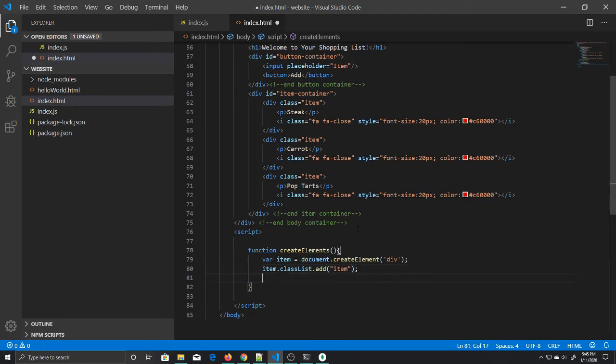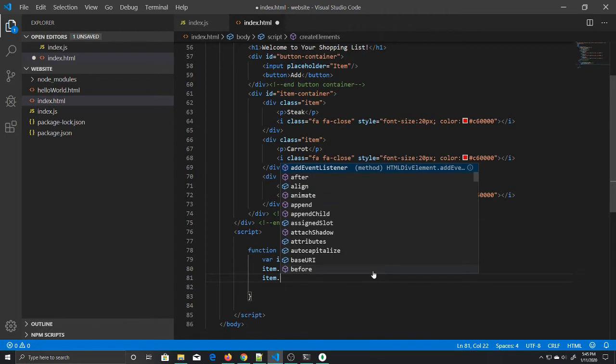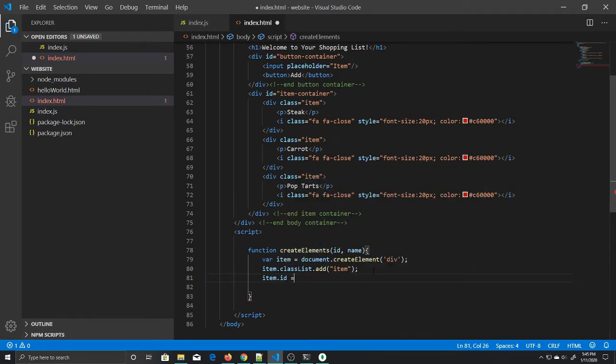There's that, and then we want to set an ID to it. So this will take two parameters: an ID and a name. What we want to do is take our item and say item.id is equal to the ID we pass into it. All right, now that we've created this div with class item, next we want to create this p